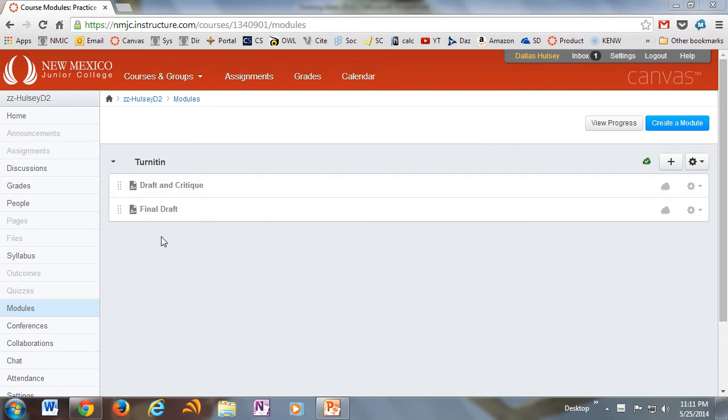All right, here I am in Canvas, and I'm on my modules page. I've got just one module called Turnitin, and I've got 2 assignments here. All I've done is started these assignments from the module and given them a name, and I've done this simply to illustrate, if you want to do an assignment sequence with the Turnitin.com LTI connection, then you're going to